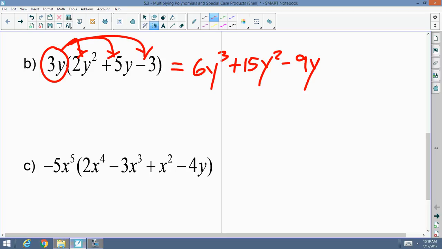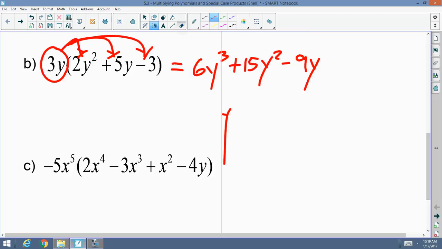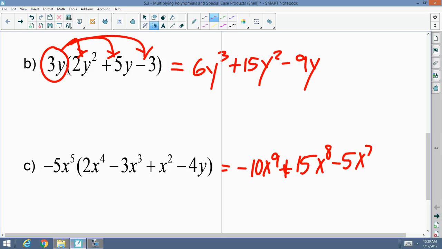How about for C? What would my answer be here, gentlemen? Yes, you guys started right. So this is a negative 10x to the 9th. Excellent job. Plus 15x to the 8th. Excellent. Minus 5x to the 7th. Plus 20